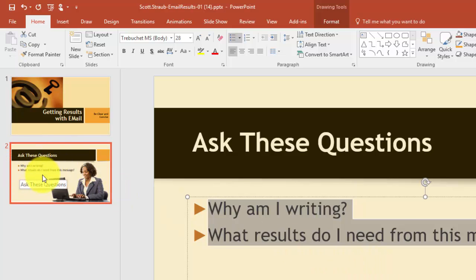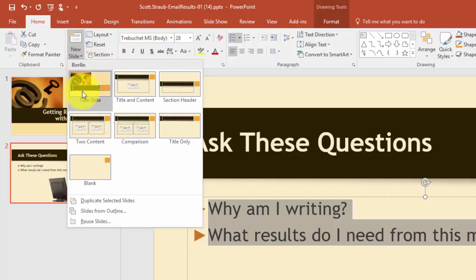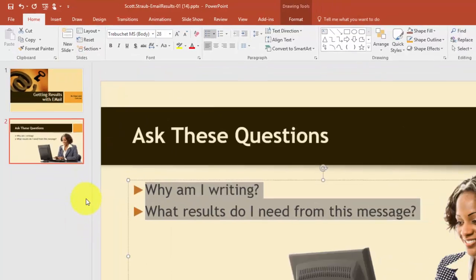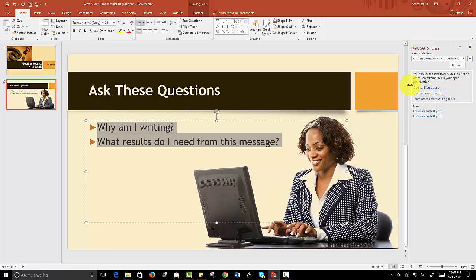we're on slide 2 here, so we display slide 2, and then we click on new slide. I'm on the home tab, I click on new slide, and one of the choices is reuse slides. And then over on the right is the reuse slides area, and I have a choice. It says browse. I need to find the other presentation that was downloaded. I click browse file,